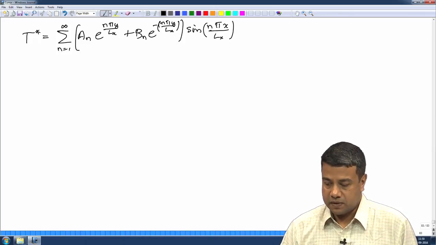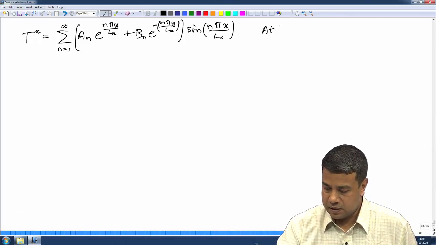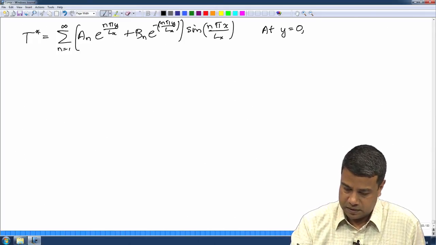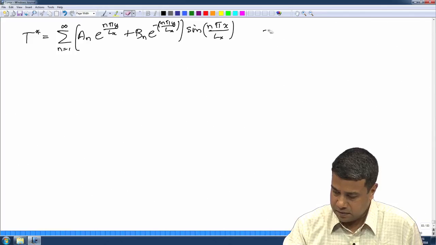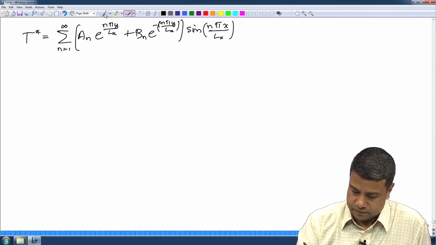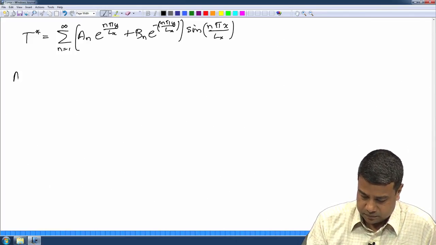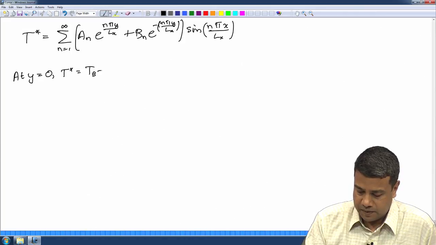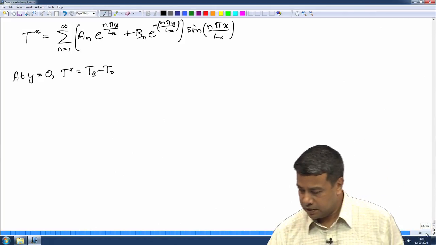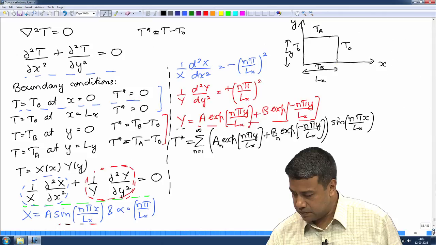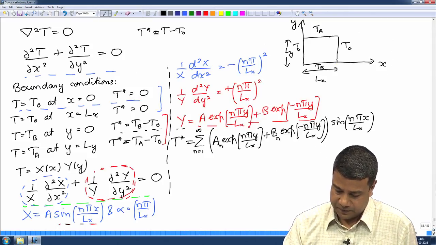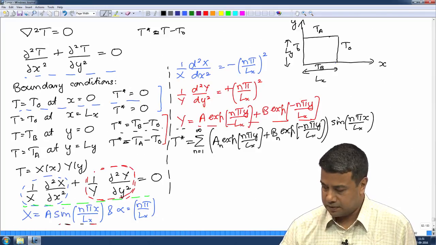And the inhomogeneous boundary condition is that at y is equal to 0, T star is equal to Tb minus T naught. Recall that at y is equal to 0, the value of T star is equal to Tb minus T naught. So, that was the boundary condition,